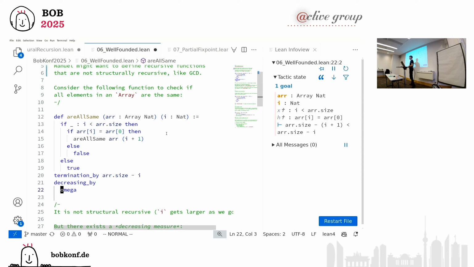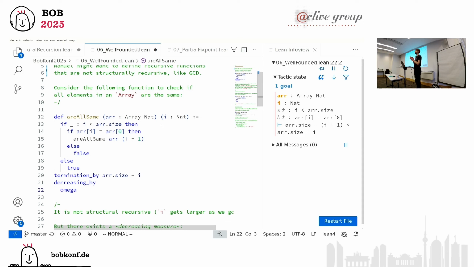Just last night after the workshop at dinner, we played around with some very interesting recursion pattern. We had like a 3-tuple of things, and never mind. It can be more than a natural number. It could be like multiple things, and you can have lexicographic ordering. So this is, in a way, the much more general way of doing recursion in Lean. More powerful, but also more involved.